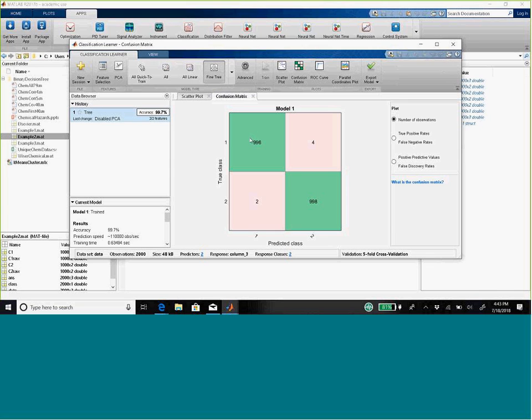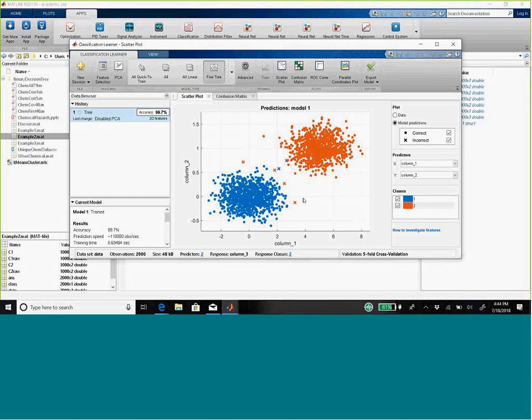That says out of 1,000 instances of class 1, 4 of them were classified as class 2. And 996 were successfully sent to class 1, 4 were misclassified. Class 2, 998 were correctly classified. 2 of them were classified as class 1. So it's an exact breakup of where the true positives are and where the false negatives are, and it gives you the complete picture. Now, the first point is that this binary decision tree is not successful